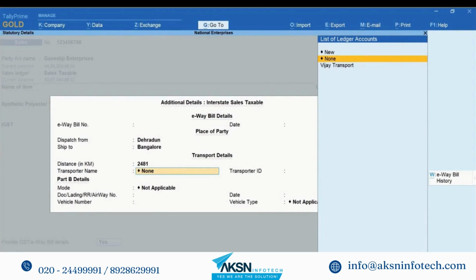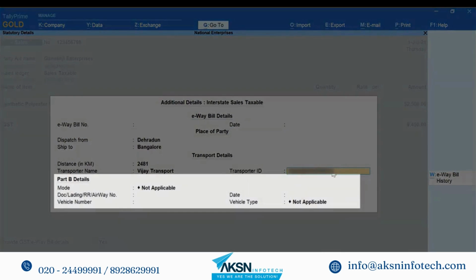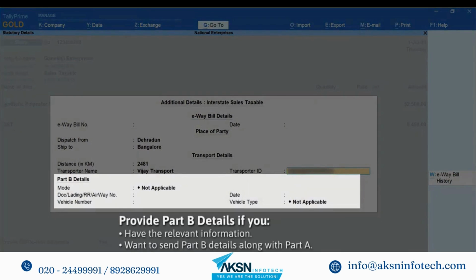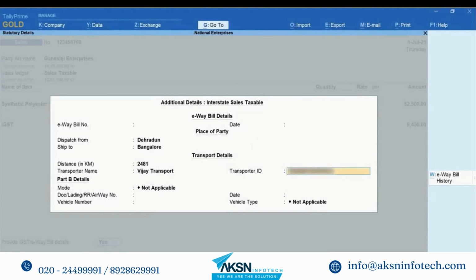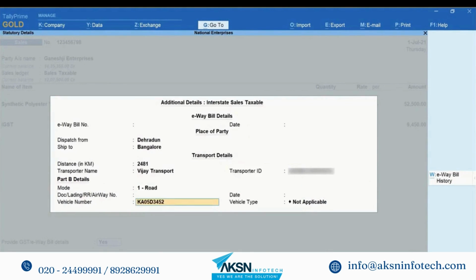अभी ट्रांसपोर्टर नेम चुनते हैं। ट्रांसपोर्टर द्वारा प्रदान किया हुआ ट्रांसपोर्टर आईडी एंटर करें। उसके बाद यदि आपके पास पार्ट बी से संबंधित जानकारी है तो आप पार्ट ए के साथ पार्ट बी डिटेल्स भी प्रदान कर सकते हैं। मोड में लिस्ट ऑफ मोड्स में से चुनें। चलिए रोड चुनते हैं। अब व्हीकल नंबर और डेट एंटर करके व्हीकल टाइप चुनें।